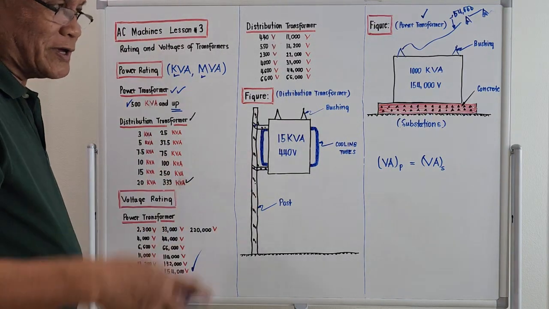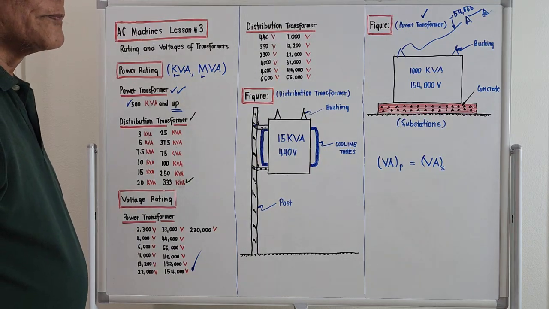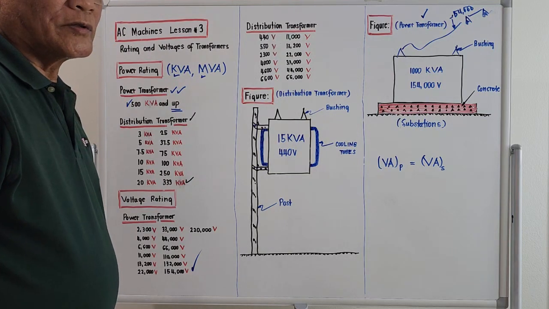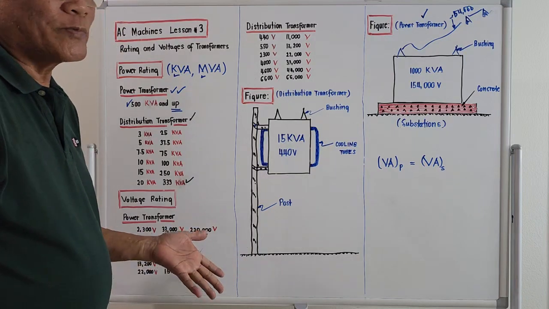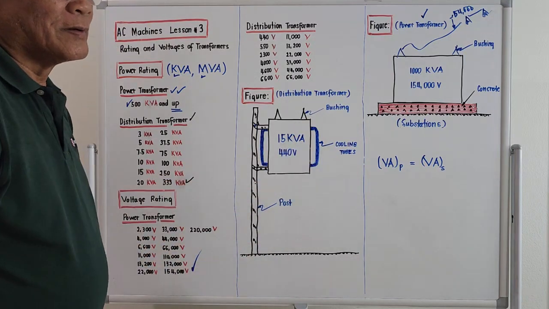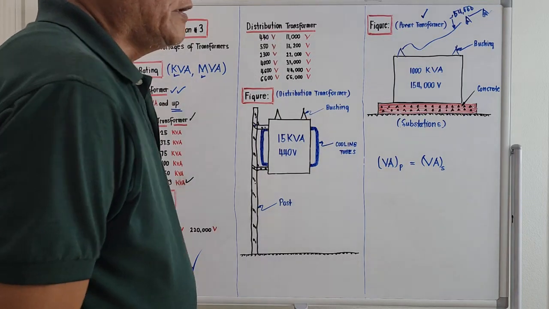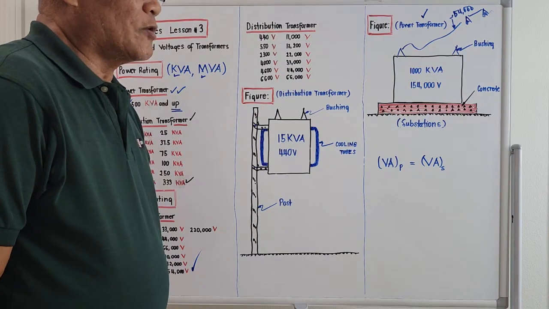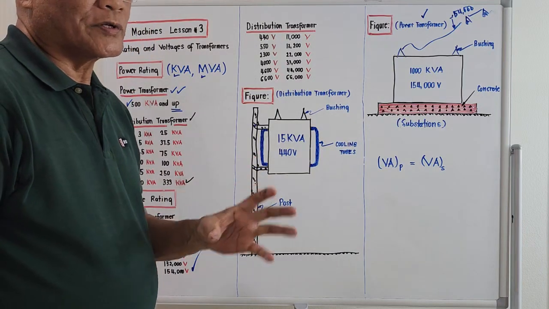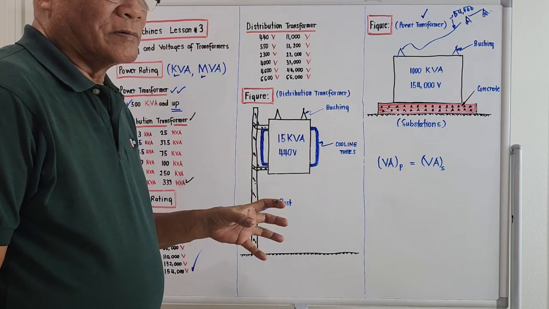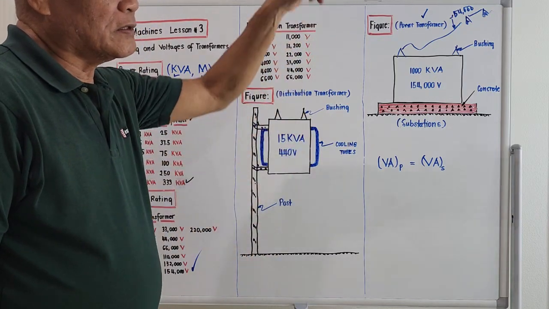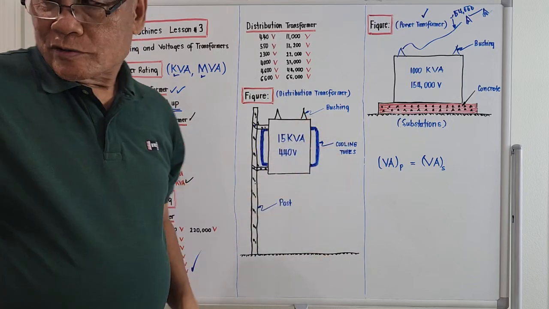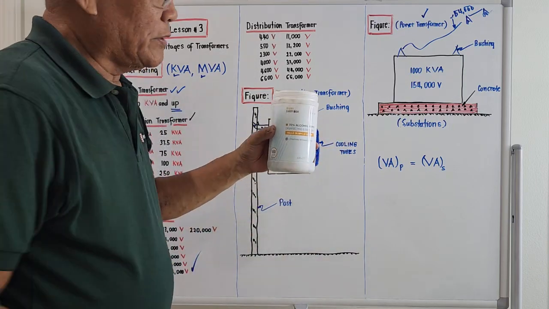So at least when you're outside and you look at the top of the post and you see a cylindrical container over there, those are actually distribution transformers. Otherwise, it could be a capacitor, maybe the one for power factor correction. The configuration of a power factor correction capacitor is, I think, rectangular, so you could distinguish a distribution transformer from a capacitor. If it's rectangular and on top of the post, it should be a capacitor, the one used for power factor correction. But if it's cylindrical, and you can see on the sides there are